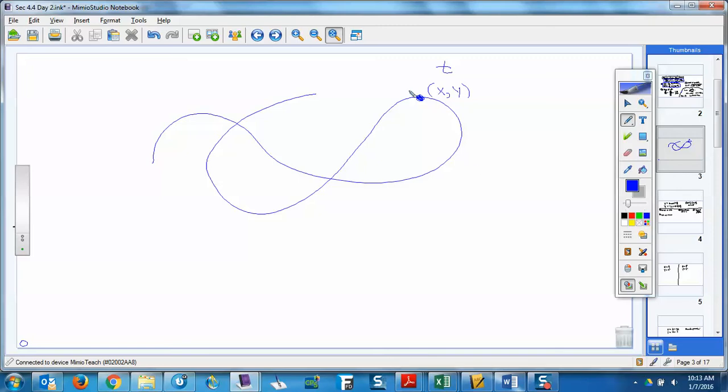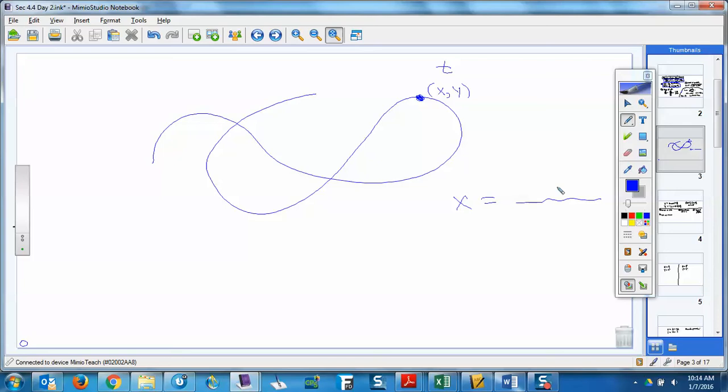At any point, so there's three variables, right? There's the time that the particle or the person or the object is on the path, and then there's the position of where that thing is on the path. And there's two parts to its position. There's its horizontal component and there's its vertical component, right? So we have two different equations. We have an x equals equation that has t's in it that tells us what its x coordinate is at any time. And we have an equation that tells us what its y coordinate is at any time. And the x and the y go together to tell us the exact position of where this thing is